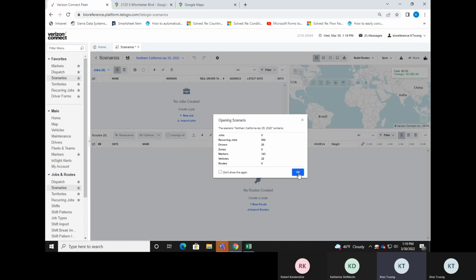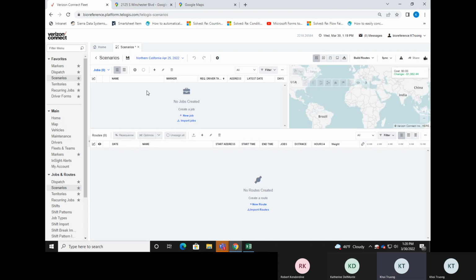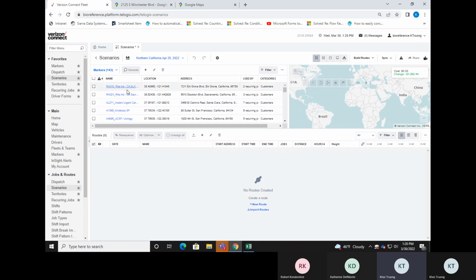Awesome. So I'm in my scenario here, and what we're going to try to do now is add a marker. So what you want to do, if this is a fresh new marker and it doesn't currently exist, is go into this drop down here, and you can select the markers view. So we're in the jobs panel to the top left, and it's naturally set to jobs. And what we can do is set it to markers. And as you can see here, I've got 143 markers in my system currently,